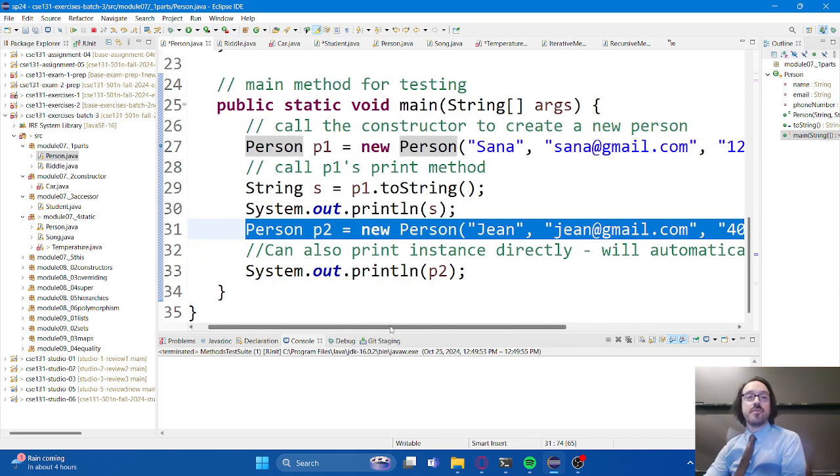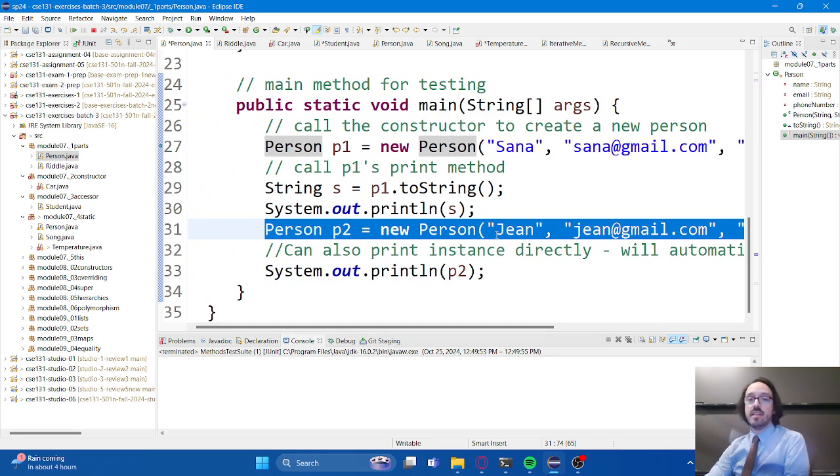This is a very, very powerful technique. Using this technique, we could create an instance to represent any person that we can possibly conceive of, real or fake, and then do things with that person in our code. So let's talk about that next part. Once I've called the constructor, once I've created an instance, how do I use that instance? How do I make that instance do something for me?